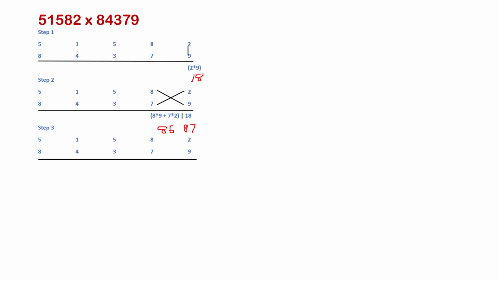in the next step, I'll be considering the last three digit numbers. So it becomes the first digit of the three digit number and the last digit should be multiplied crosswise, and the middle digit should be multiplied vertically. So it becomes 5 times 9, 45, plus 7 times 3 becomes 21